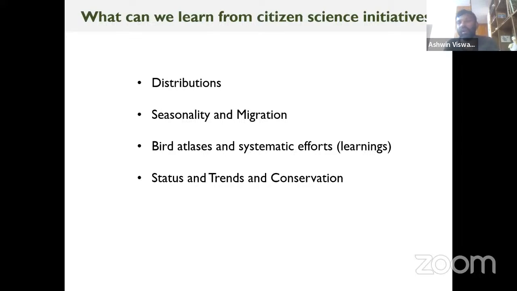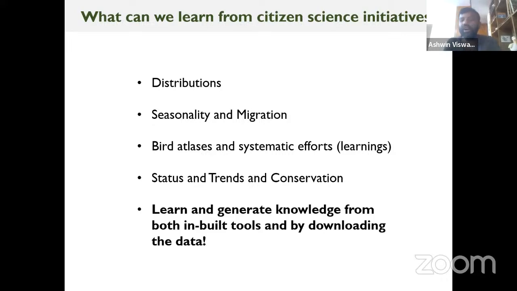If you want to find out which birds to prioritize, should you put out nest boxes for sparrows? Should you feed peafowl? Should you tell your local government body that you need to protect either a grassland or a wetland? Which one is important? They say that only one of these two can be protected. How would you know which one is more important for birds? Which birds of which area are declining, which ones are increasing? So all of this information you can get from citizen science because it's spread out across the country.